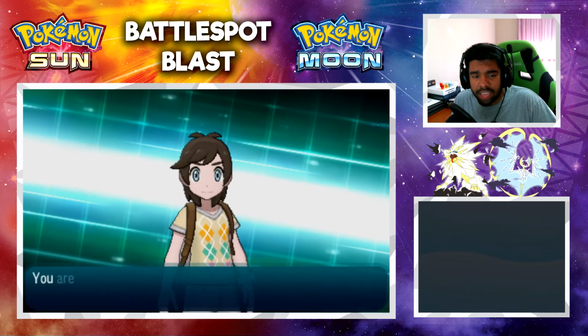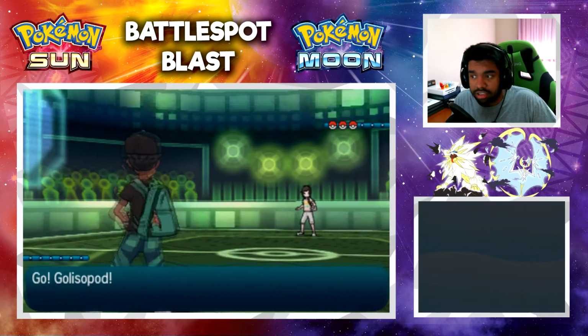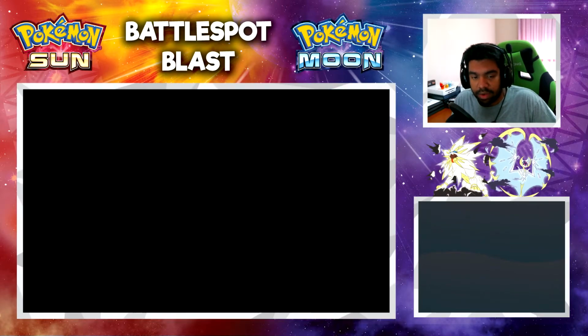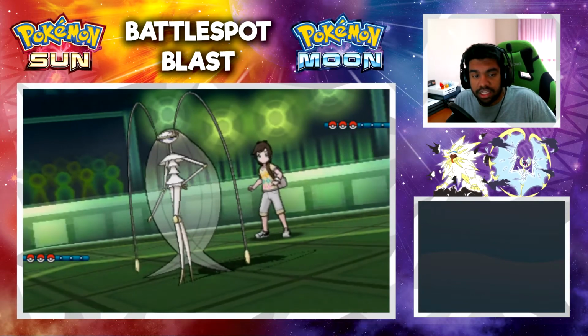Either way, we're going to see our opponent here. What's he going to lead off with? N loves A, or N heart A. Interesting name. And we're going to send out Battlespot. We can at least get a first impression off if they send out something crazy. I probably could have expected the Tapu lead. We don't see the Tapu lead, but Pheromosa can definitely